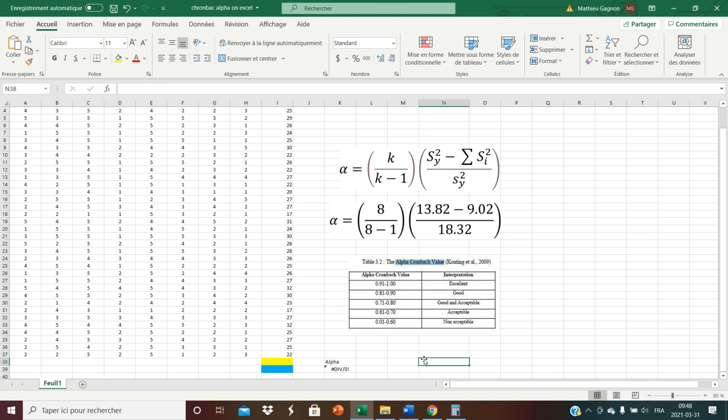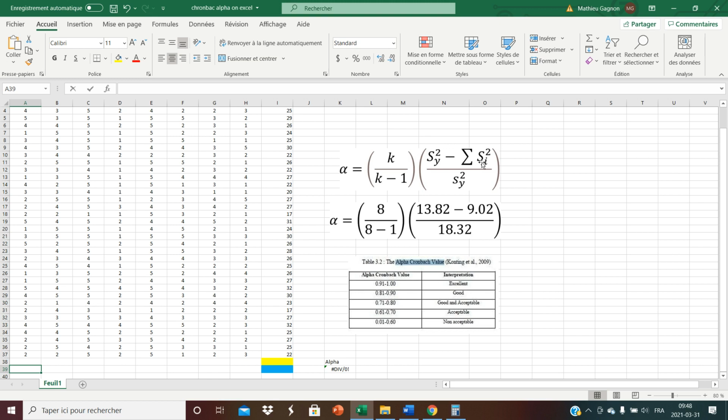All right? Okay. So, what you need is the variance for each question. Okay? So, vous avez besoin d'abord de... on va calculer ça en premier. S carré I, ça veut dire la variance pour chacune des questions. Okay? Puis il nous demande ici la somme. Donc, faites la somme des variances pour chacune des questions. Right? This is a summation symbol. So this will say sum up all the variances of all the questions. So I need the variances for each question.